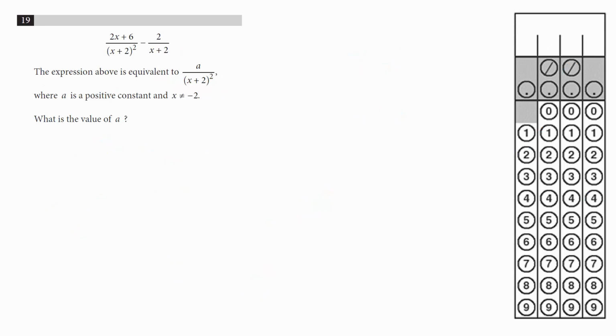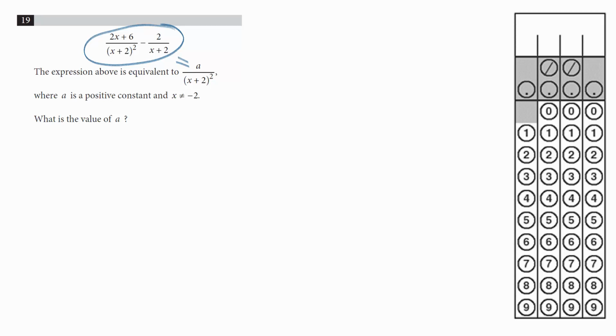Number 19. The expression above is equivalent to a divided by the sum of x plus 2 all squared, where a is a positive constant and x does not equal -2. What is the value of a? So if all of this is equal to that,